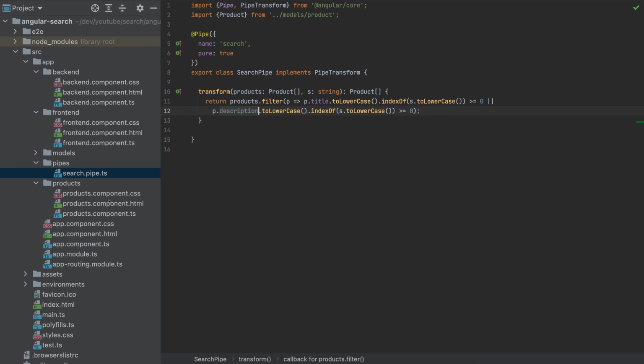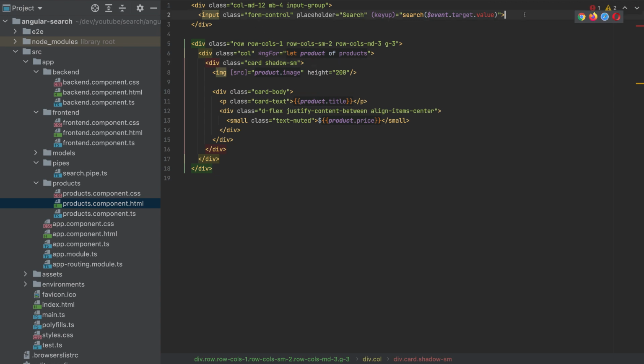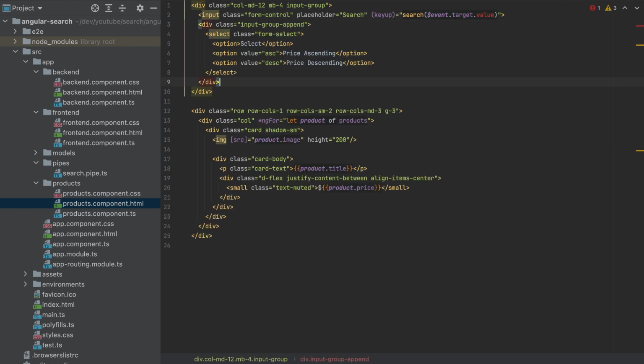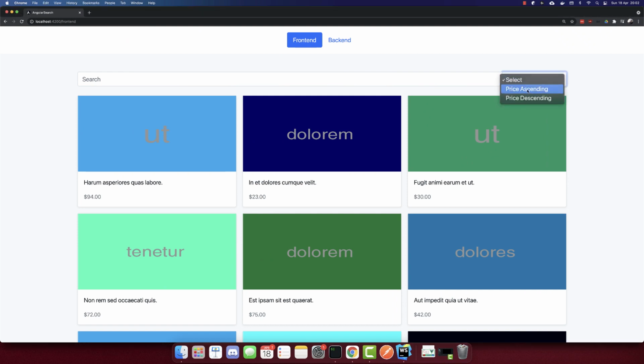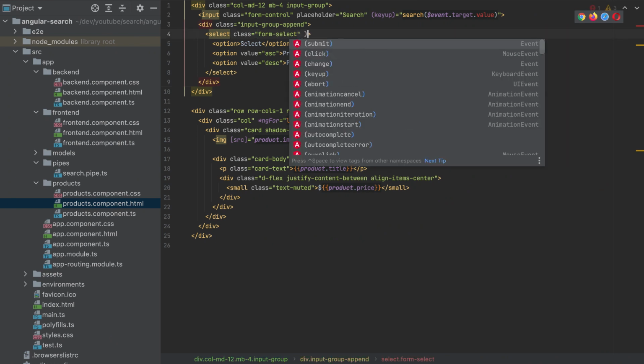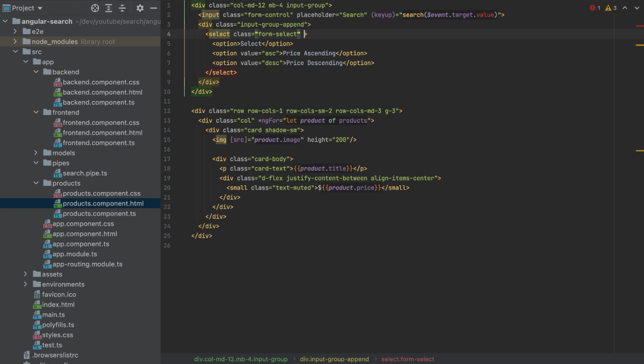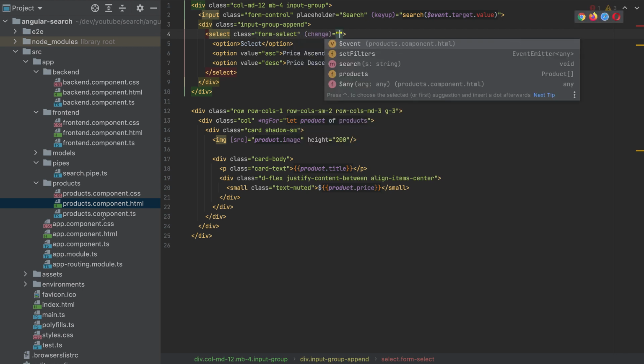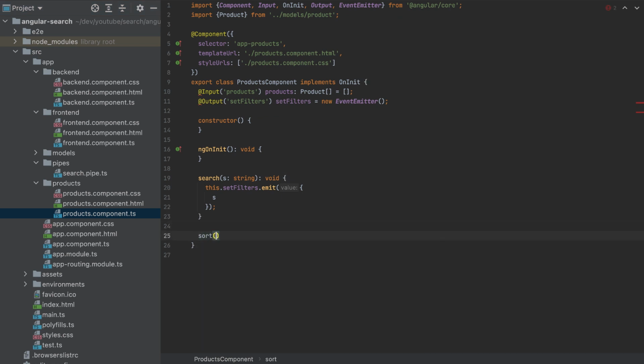So let's go to the products component, and in the HTML here we will add this drop down. So this will be just a simple drop down where we sort with the price ascending and descending. Let's sort first in the backend, where it is much easier. Here we will add an onChange, so change here. And let's create a function sort, where we will pass the sort as a string here. This is a void function,